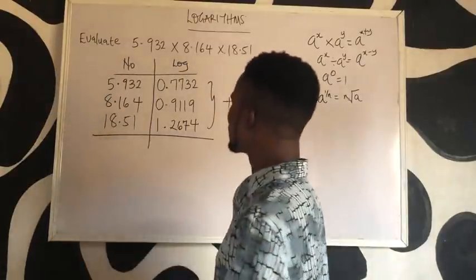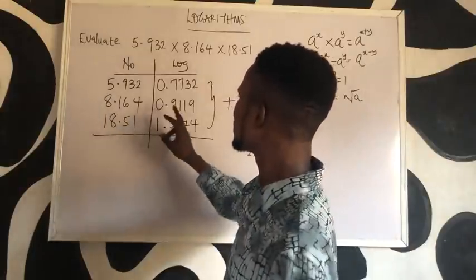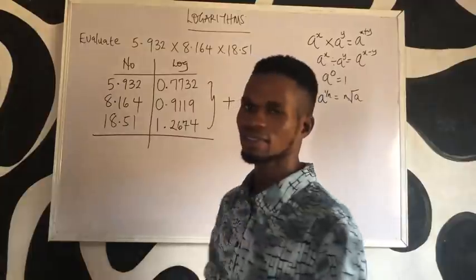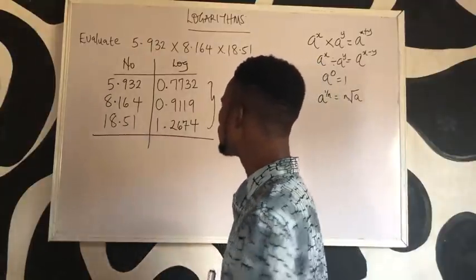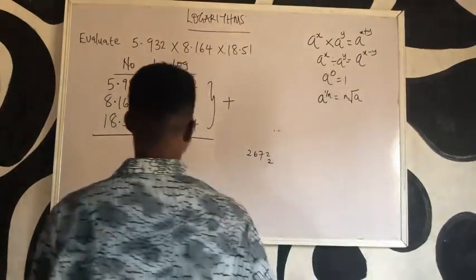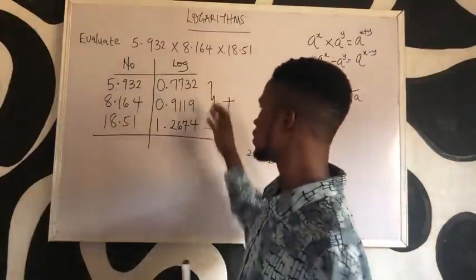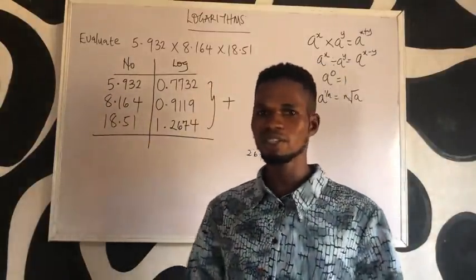So 0.7732 plus 0.9119 plus 1.2674. Okay, we can use our calculator to get the result of this, but don't use the calculator to find